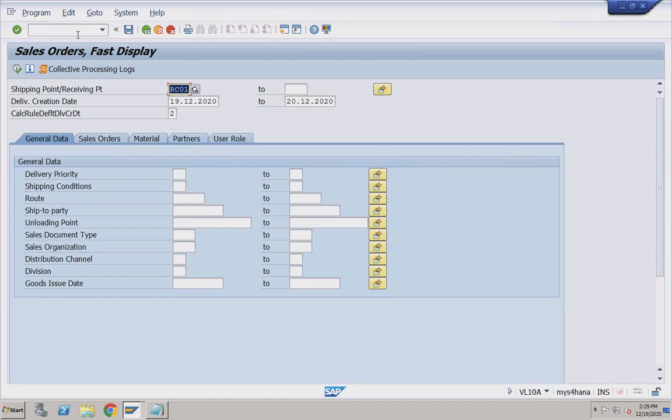Okay, this is the transaction code. You can see sales order fast display. It will show you against which particular delivery schedule or against which particular sales order the deliveries are due. So if you want to enter the sales document, if you want to enter all these details, you can